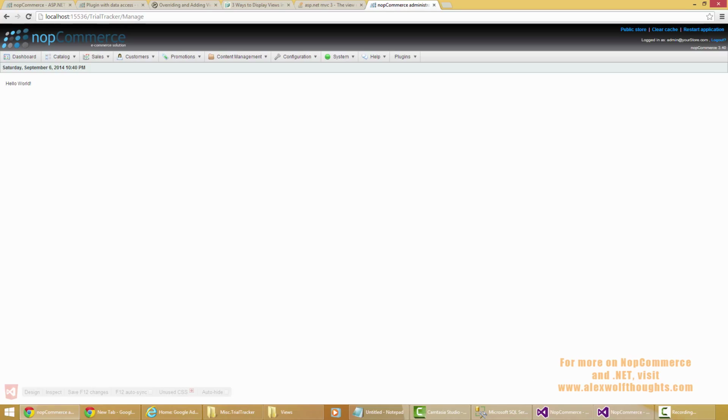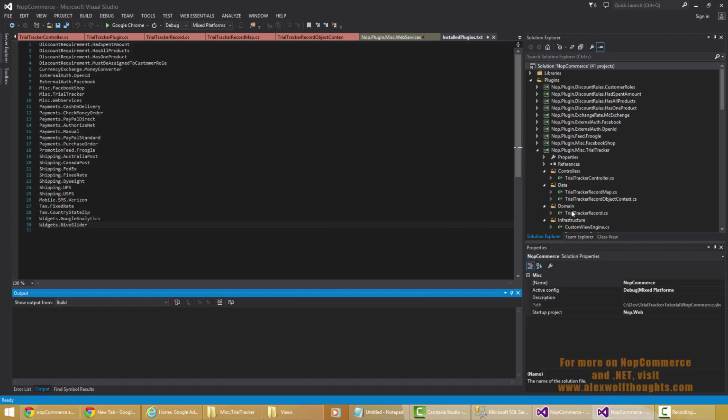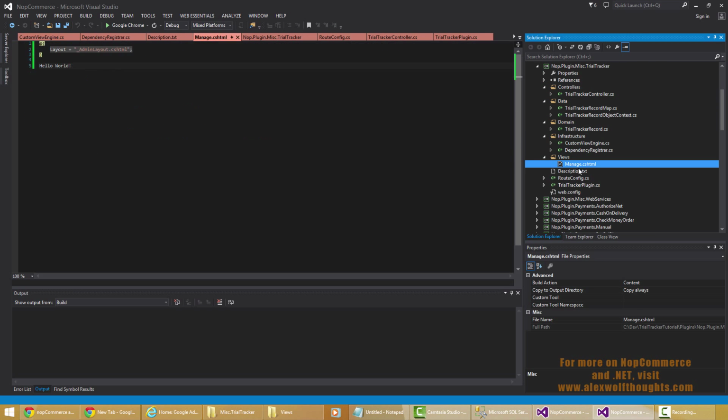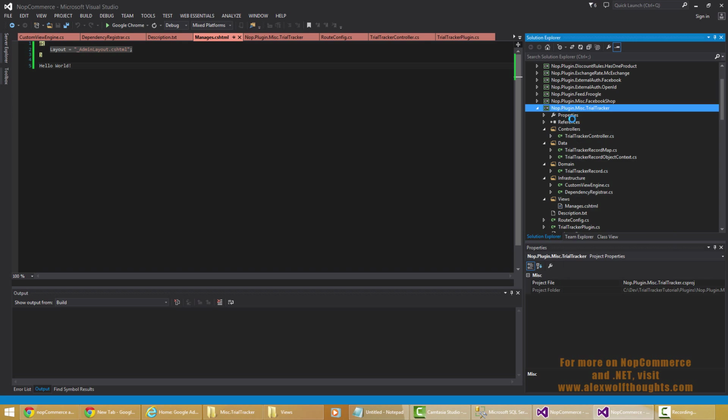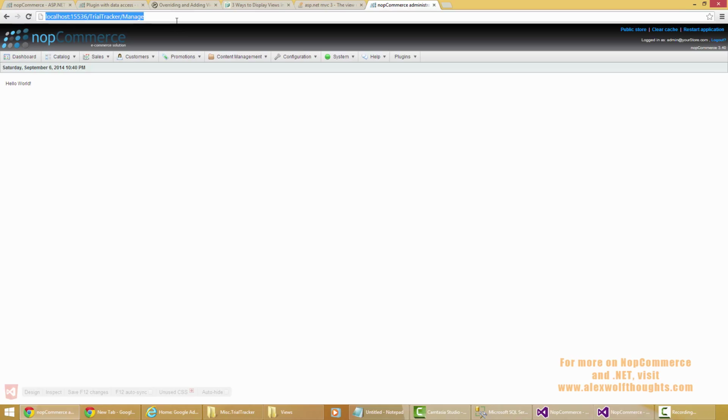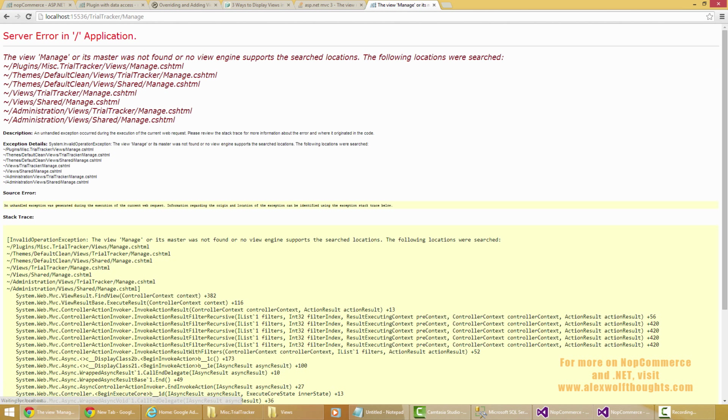and we're going to start building up this page. One other thing I want to show you, just to sort of reinforce this custom view engine idea that we touched on before. If I change this to manages or something different, and then clean and build, if I try to go back to this page, and we'll wait for this to reload,